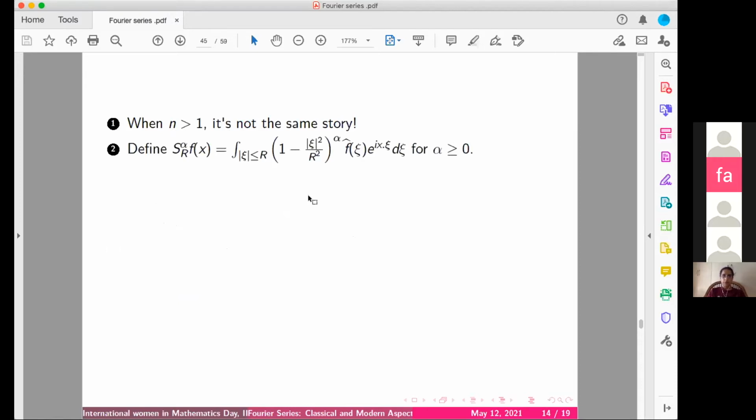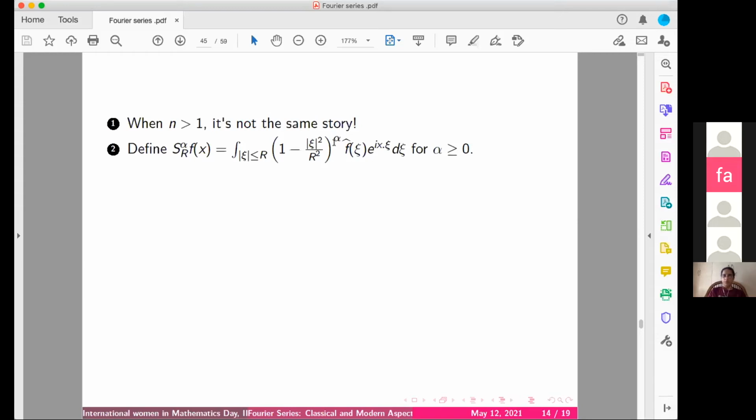So before stating the results, let me just define something more. We define S_R^alpha of f of x as this operator. Okay? This is the integral over mod psi less than or equal to r, and you have this function here, (1 minus mod psi squared by r squared) to the power alpha, times f hat of psi, e of i x dot psi, d psi. Okay, and you see, when alpha equals 0, this corresponds to the partial sum which we had just considered over here. But when alpha is strictly positive, this can be